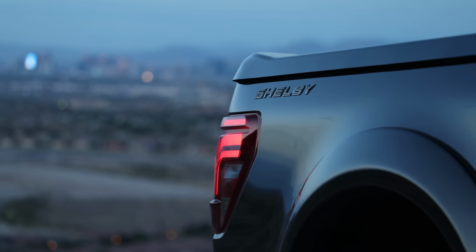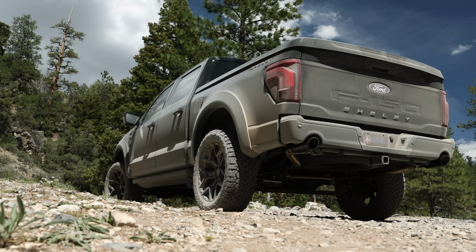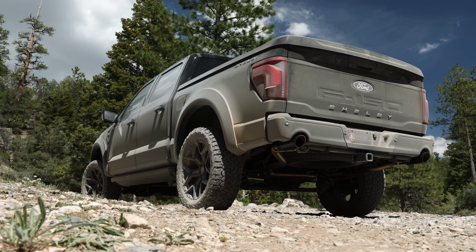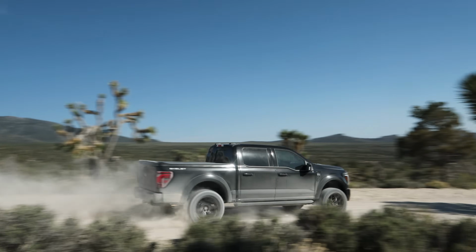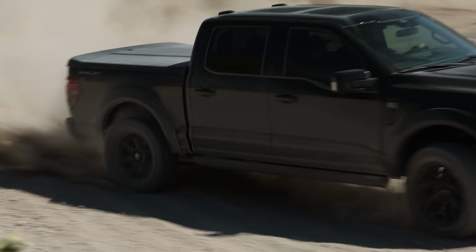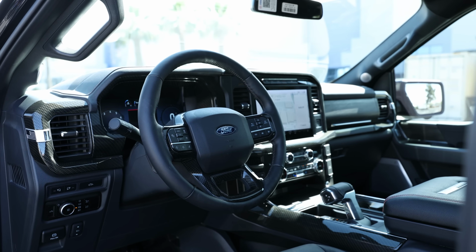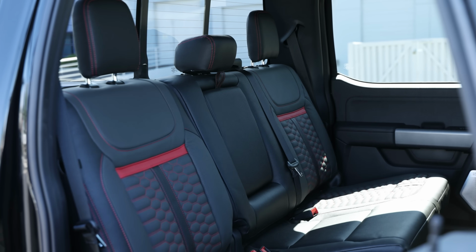You look at the back right here, we got a nice tonneau cover that goes across the back, color-coded to the truck. And underneath, we got a nice Borla dual exhaust system that runs out the back. You look inside the truck here, carbon fiber accents, full leather Shelby interior in there, back seat redone, nice Shelby